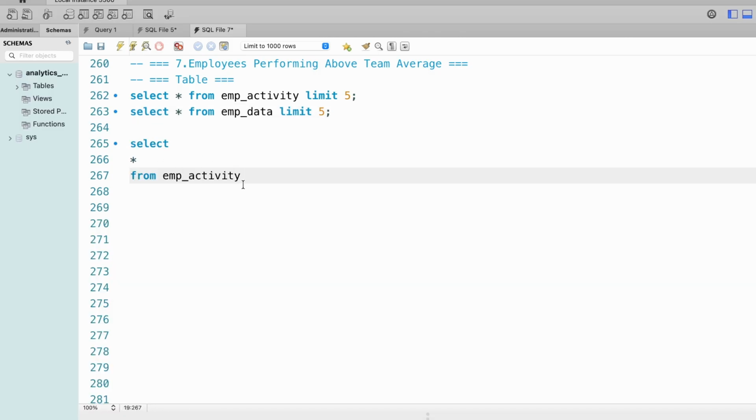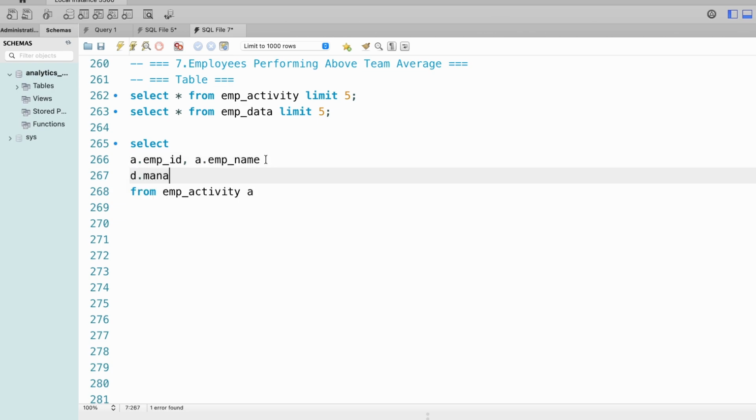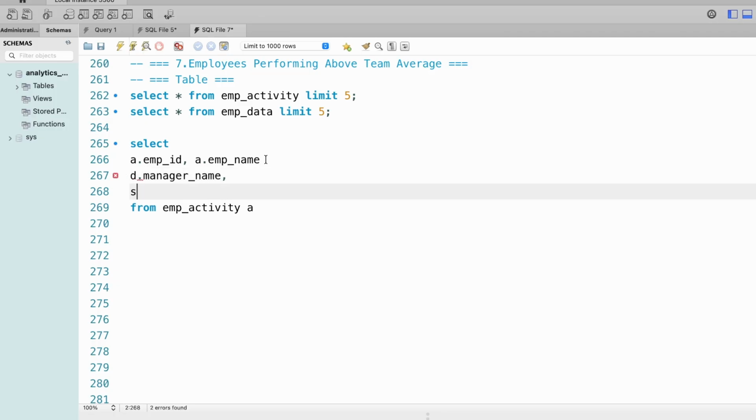Consider this table as A, and now A.emp ID, A.emp name, D.manager name, comma, sum of A dot tickets resolved as EMP tickets,